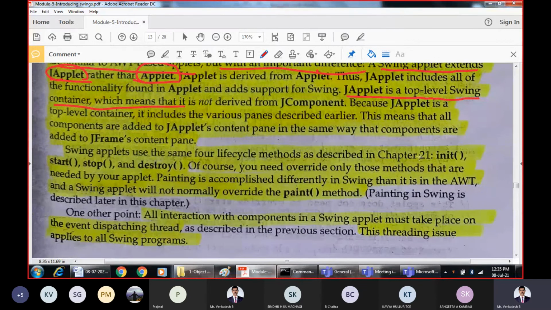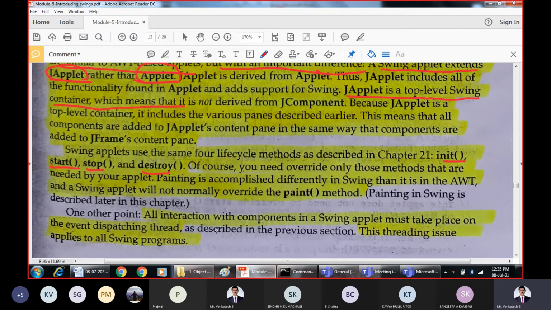Every applet has an initialization method, a start method, a stop method and a destroy method, and the paint method is called whenever you want to execute. But in this case we can use only those methods which are required. Painting, meaning displaying output, is handled differently in the case of Swing.